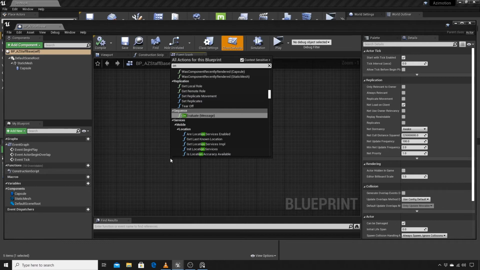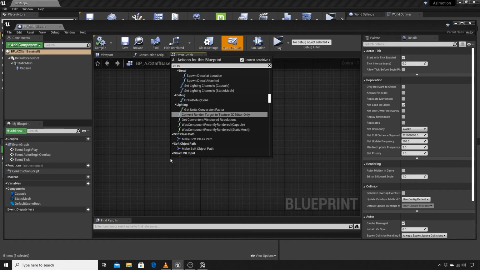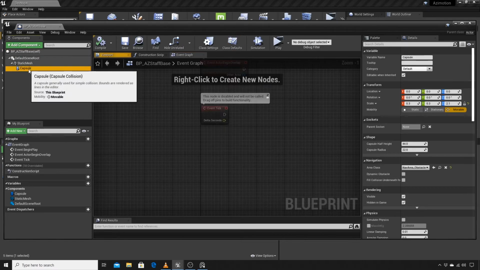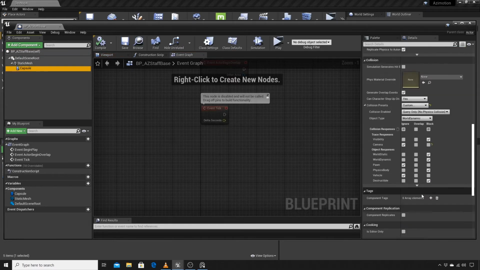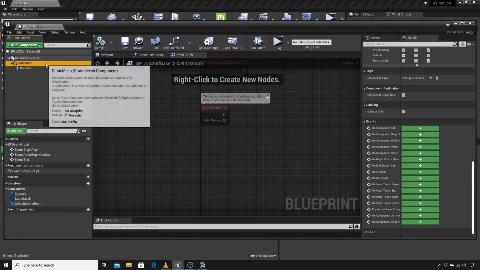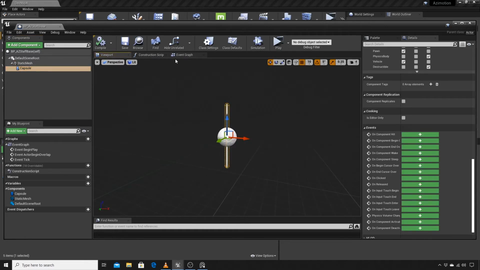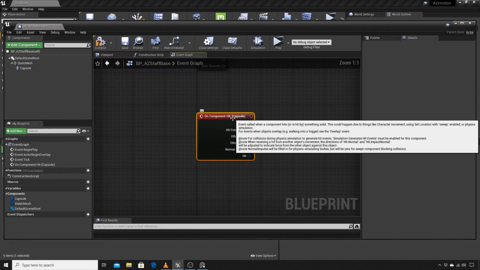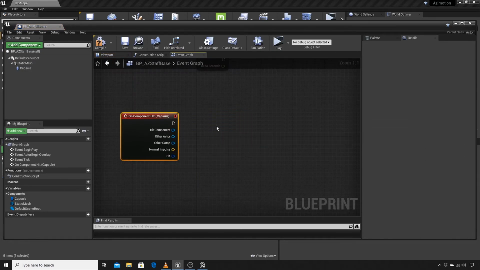Later on we will have to add some more complex behaviors. So I'm going to select this capsule of the weapon, and I'm gonna use on component hit capsule,